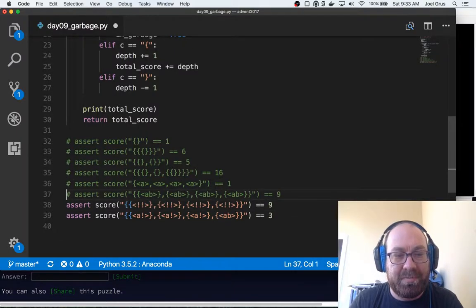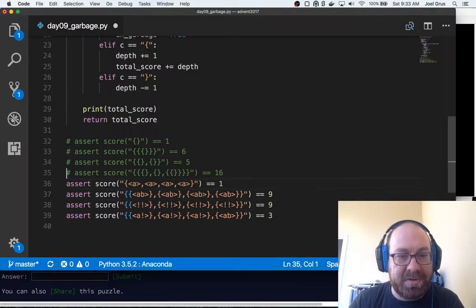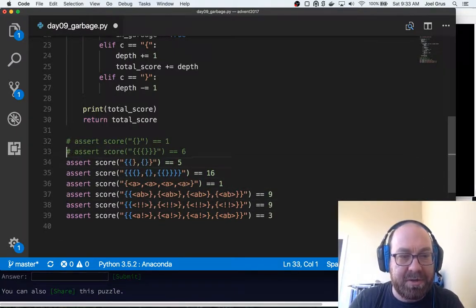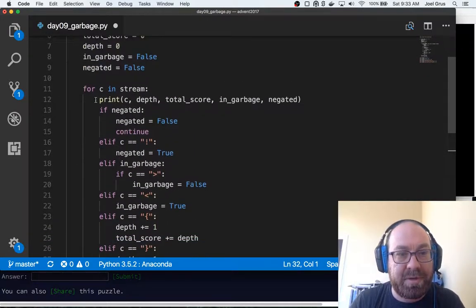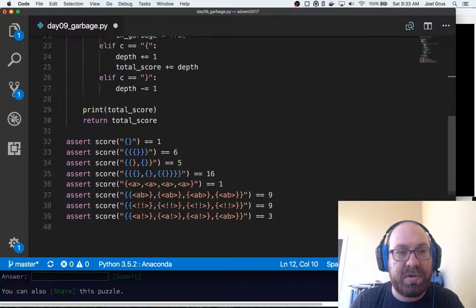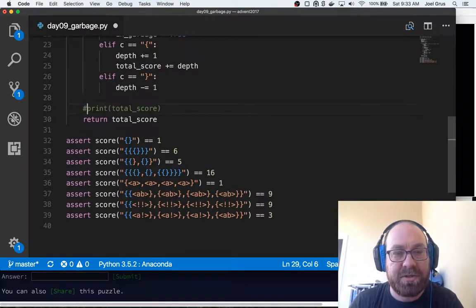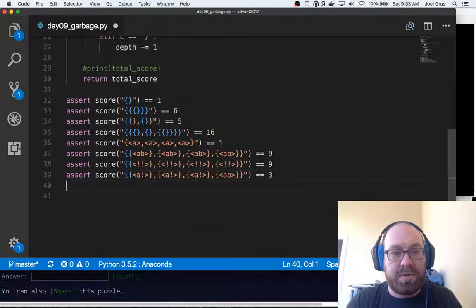It passed almost every test case because most of the test cases are simple, and this one was not. So let's write a couple more test cases ourselves, just so you know.